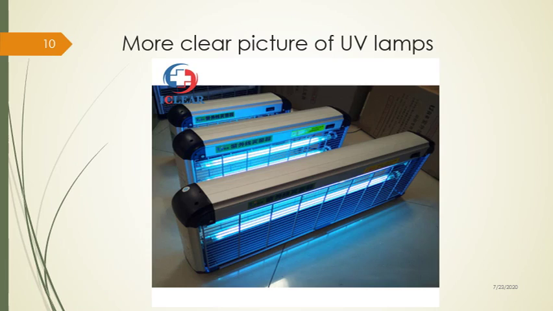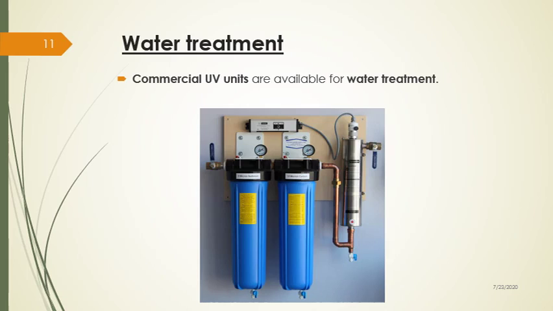This is a clearer picture of UV lamps that are placed horizontally. These are easily available in our superstores, in our utility stores, in labs, in hospitals, in industries. Okay,